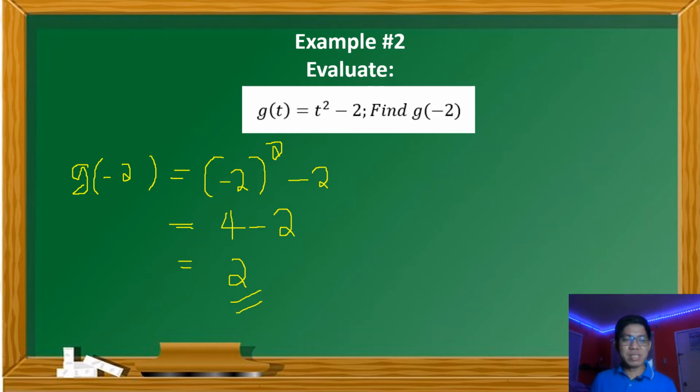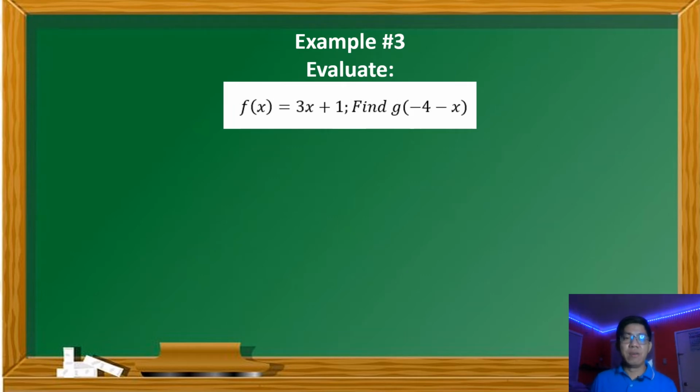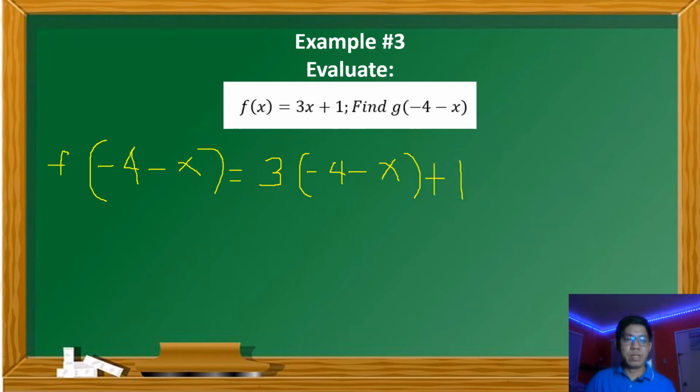Alright? So, let us have example number 3. Evaluate f of x is equal to 3x plus 1, find f of negative 4 minus x. So let us have f of negative 4 minus x is equal to, so we're going to substitute the value of x. We have 3 times negative 4 minus x plus 1. So it is equivalent to 3 times negative 4 is negative 12, 3 times negative x is negative 3x